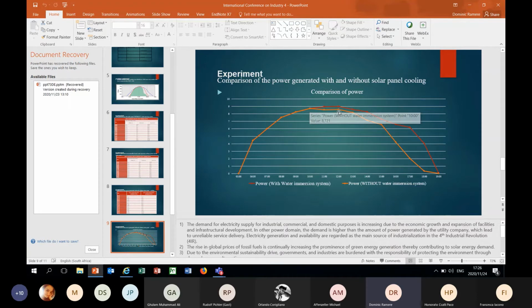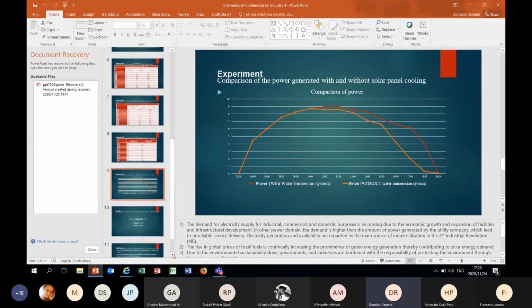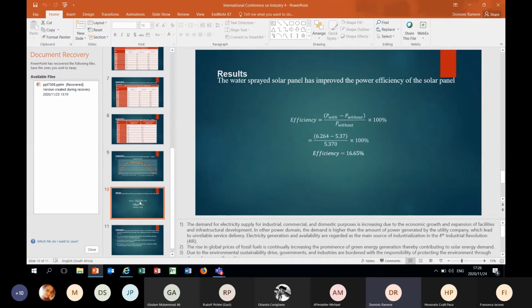The more it becomes hot, the more there's a drop in energy generation. With spraying, the drop in energy generation is slight compared to the one without the spraying system. So these are the results that we got based on the experiment, where we compared